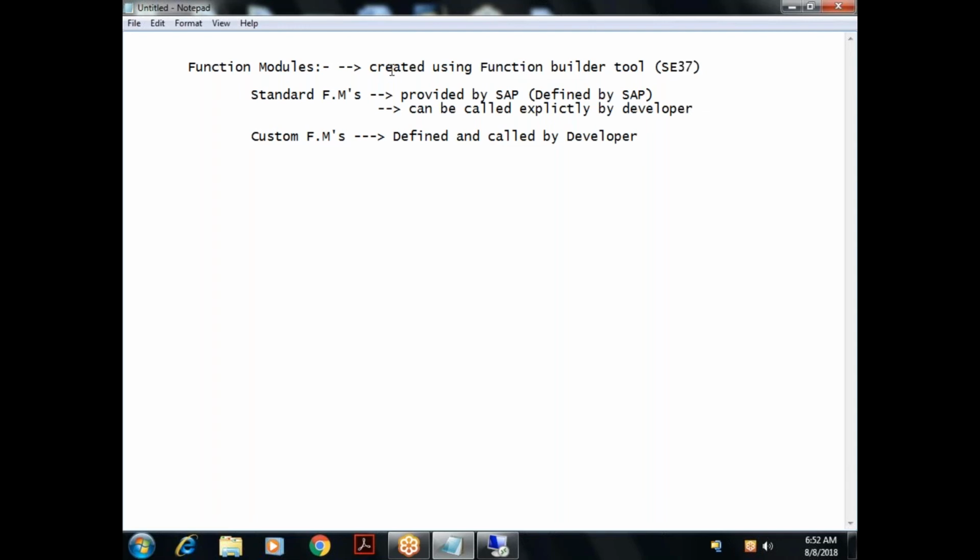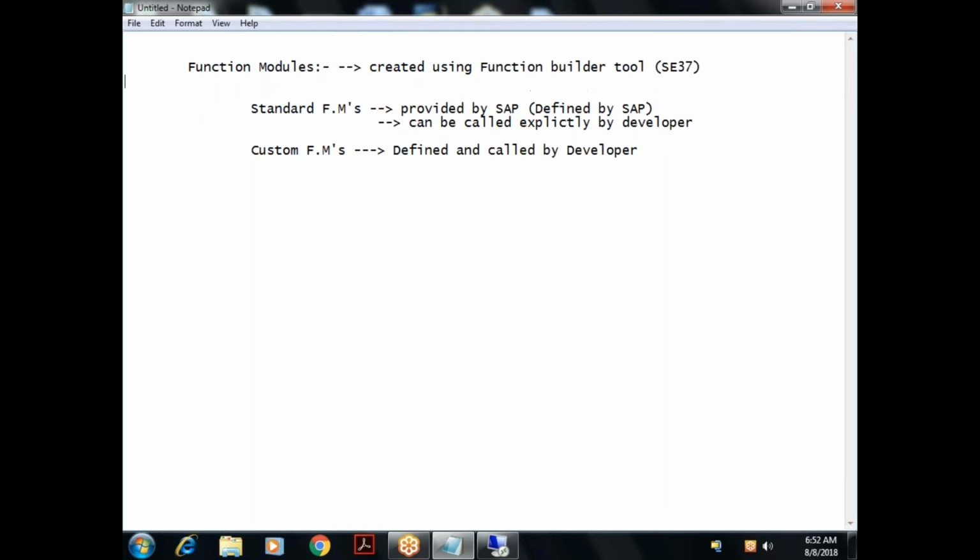Function modules are created using the function builder tool. The transaction code is SE37. All the function modules, whether standard or custom, are stored in a function group.